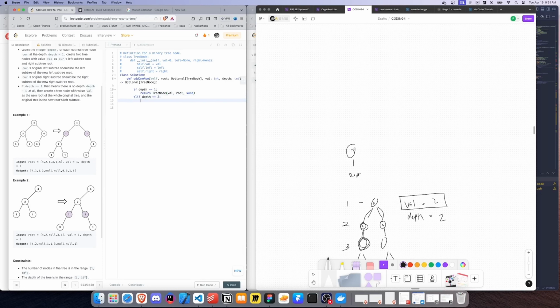And then the root dot left, you create a new left node of the value, so the original value, you attach it to the left root dot left. Done. Right node. This would be the left node. Else